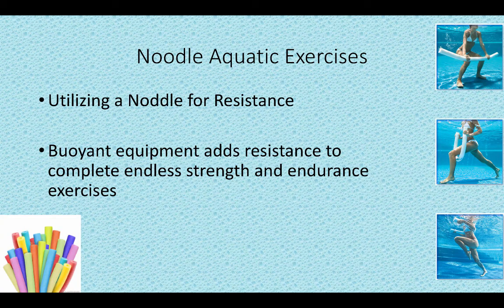The other thing is increasing resistance by using a noodle. It's a very inexpensive way to gain muscular strength, using a noodle in the water for resistance. Here you can see this woman doing some squats, some chest press, a lunge using the noodle, and then wrapping it around her waist to do some knee lifts to work on core and abdominals. So it's an inexpensive and fun way to provide every individual in the pool with a resistance piece of equipment